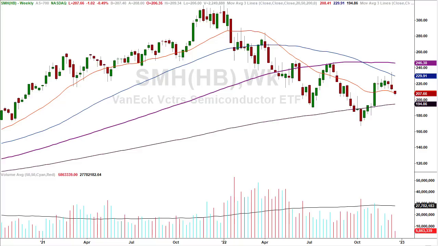And by the way, consider this. We're looking for some kind of a turn with all the stuff we talked about before, but I also told you that the solstice really doesn't occur until after the market closes tomorrow. So we could have another down day into the actual event. The event occurs officially after the close. You could see a turn on Thursday. I've seen that many, many times.